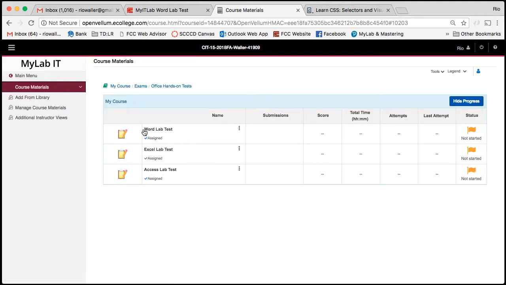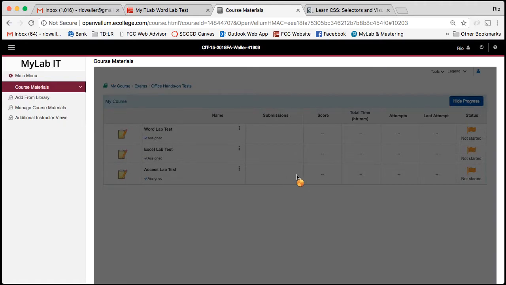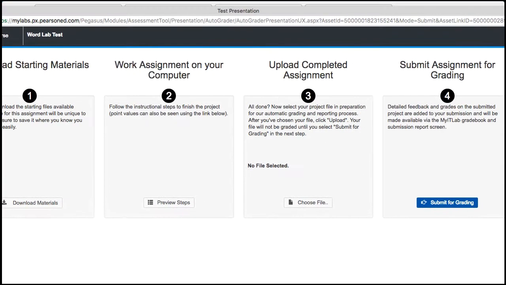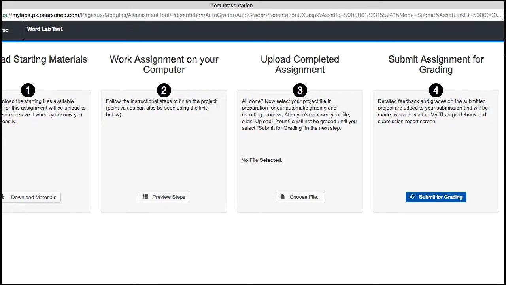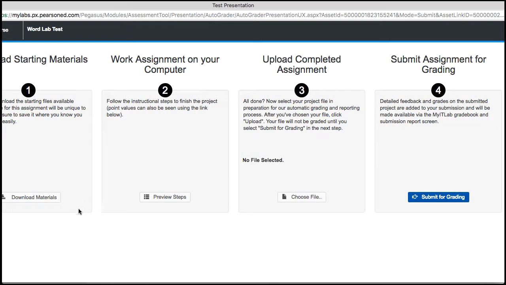And then here's the lab test, right? So what you do is you click into here. You open up the lab test. Now this opened a little bigger than what my screen is set at here, right? So what you're going to do is you're going to download